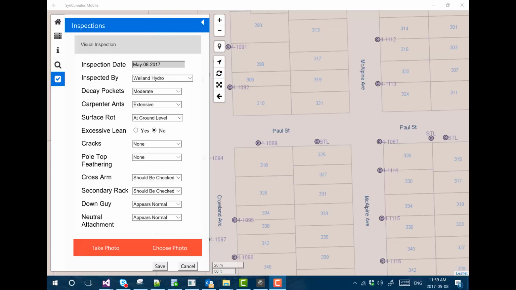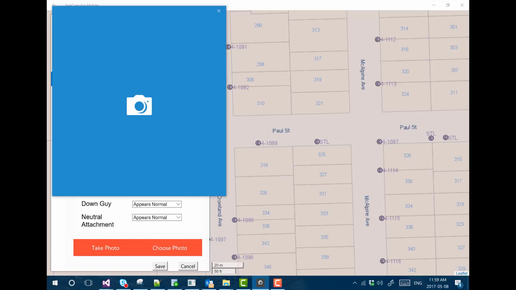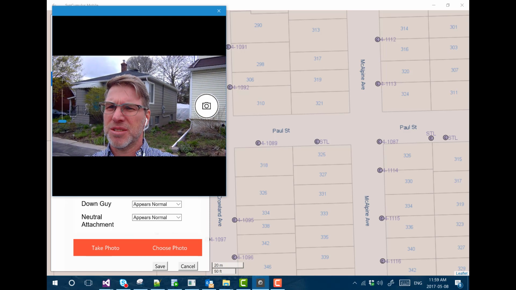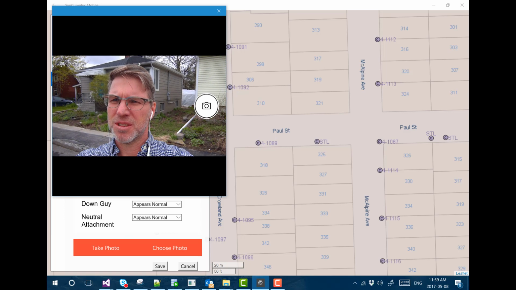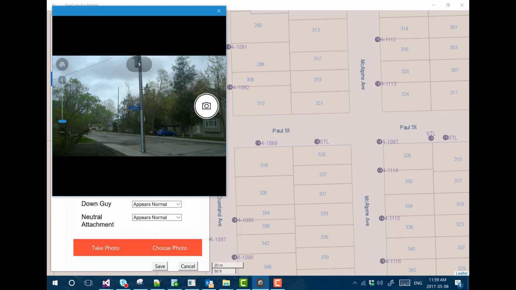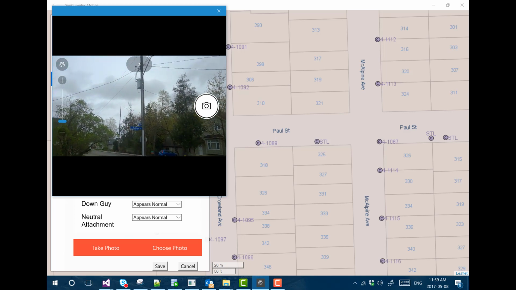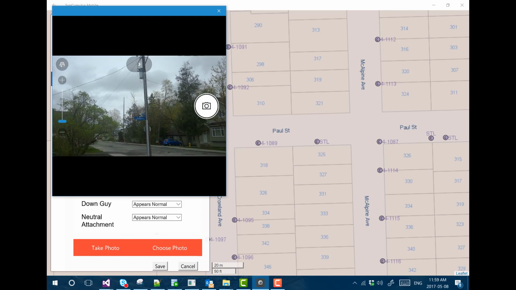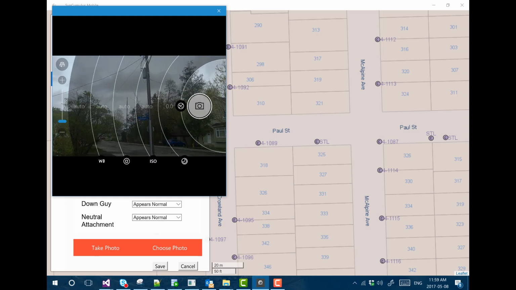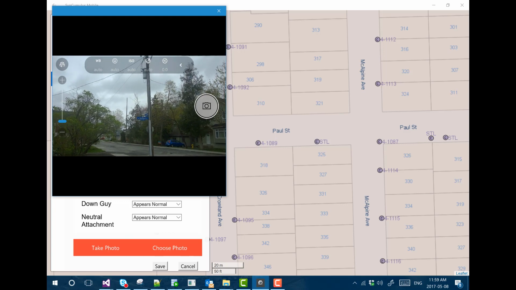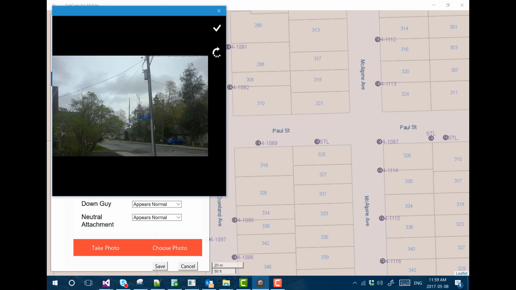So I just came outside now. I'm going to take a photo. So there's the camera, I just change the direction. And now I can go ahead and take my pole picture for my inspection. There it goes. Okay, so now I took it,